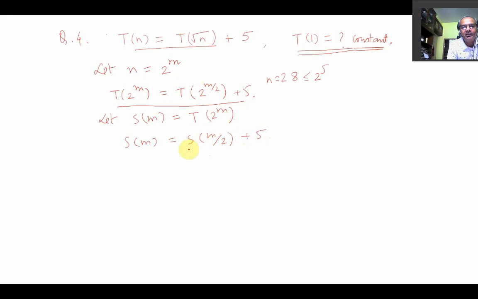Now, can anyone tell me what is the behavior of this thing? This is basically the binary search technique. That means when m number of sorted array elements will be there, and you want to do the binary search, then in every step the size of the whole array will be reduced to half of the original array size. That means S(m) can be found with the help of S(m by 2) plus some constant.